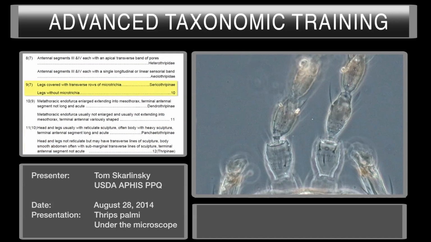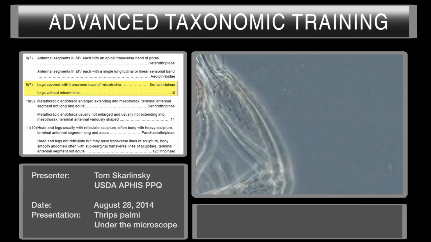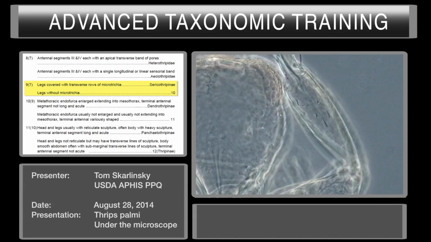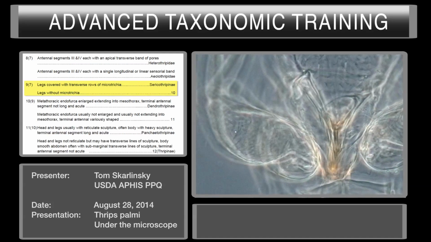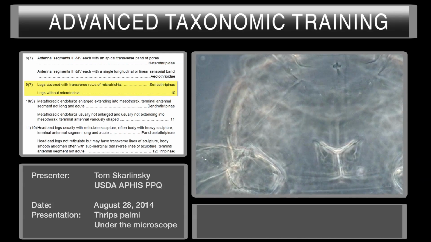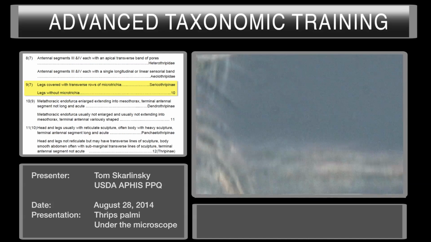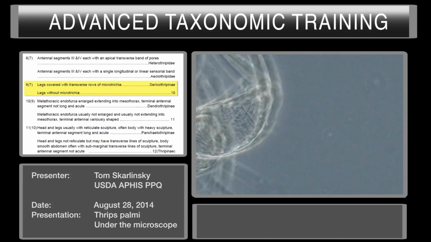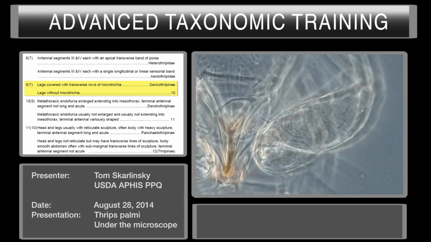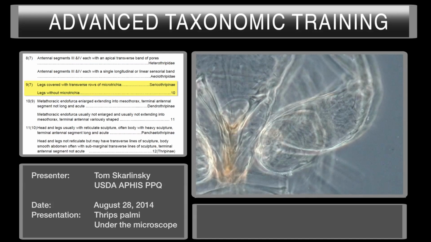What we want to do is just look at the legs. You can choose any, the tibia, the femur of either legs, the forelegs, mid legs, or hind legs. We'll just go ahead and try to find one which we can easily focus on. So let's use the anterior femur here. And what we're looking for,